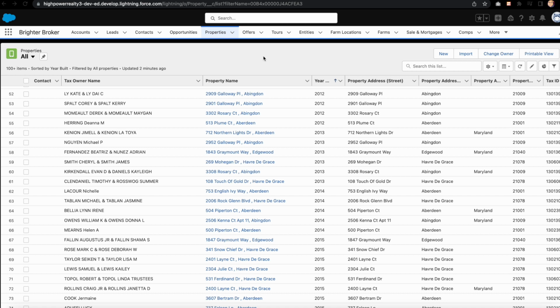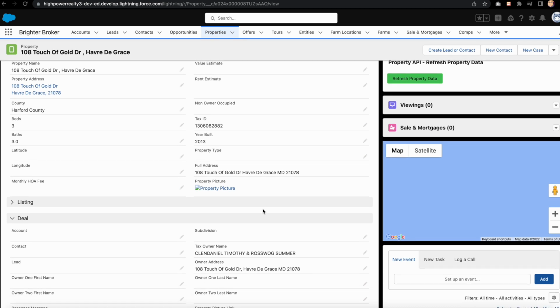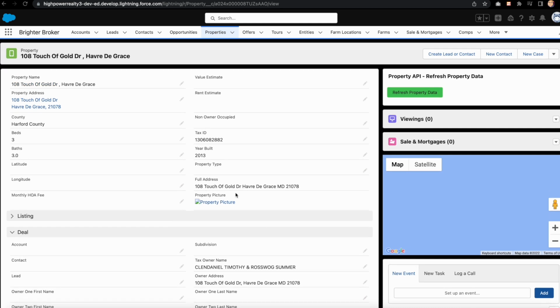One other factor I had to consider, and I'll go ahead and pull up the record now and show you. This one is a good one to show you because it doesn't have latitude and longitude. And the other factor I was going to tell you about that I had to consider is